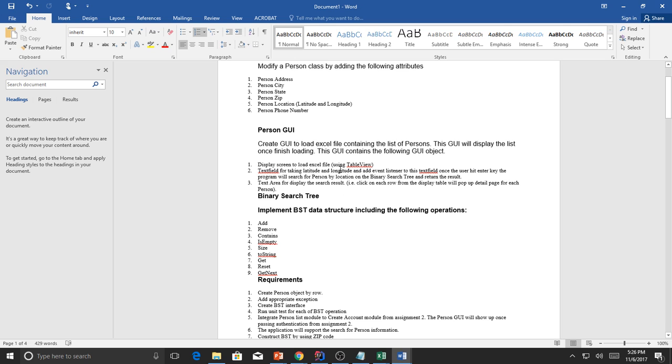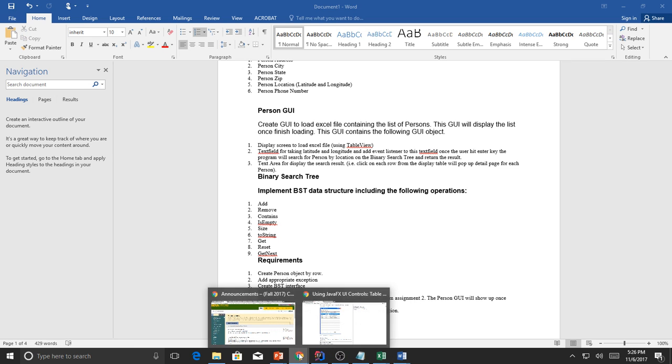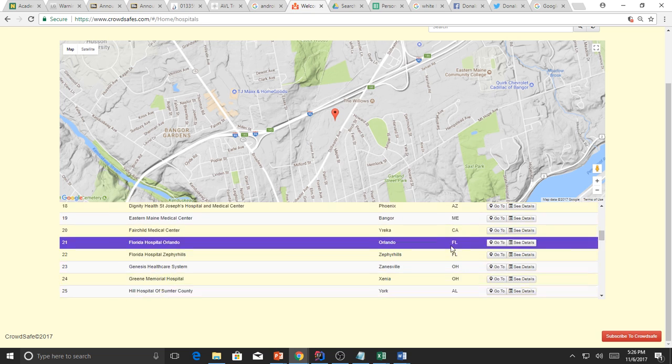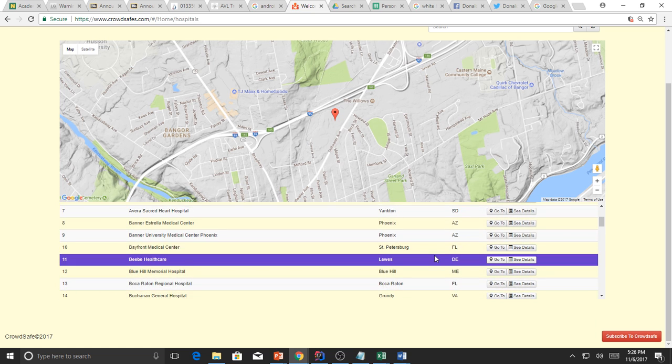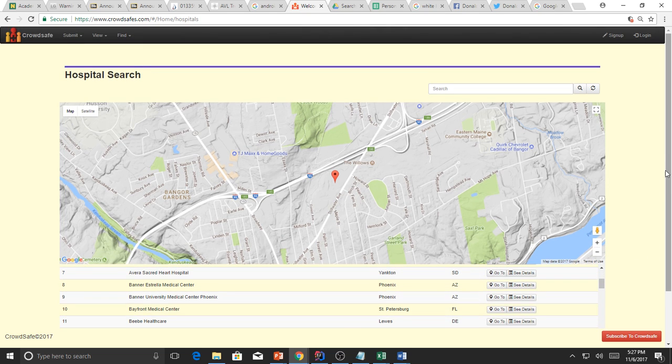Now the GUI requires you to have a table view, right? A text field. What I mean is we're going to create something like search like this. This is like a table view. See that? Like I said, if you use web, that's the table view, right? This is pretty much loaded from the Excel sheet that I showed you for the hospital, right? Make sense? And it's going to contain a text field like that, where I can search by latitude and longitude,